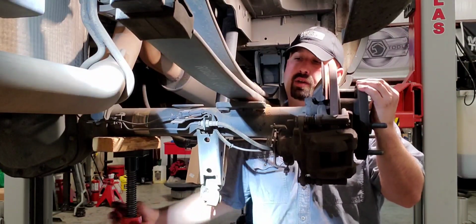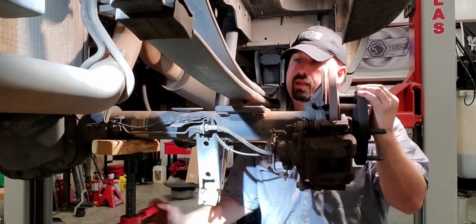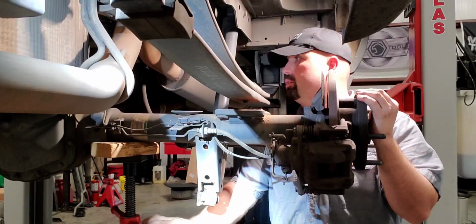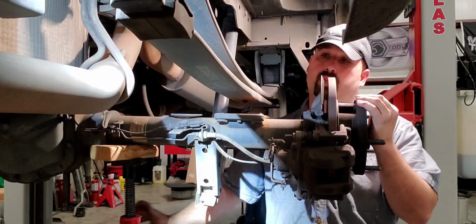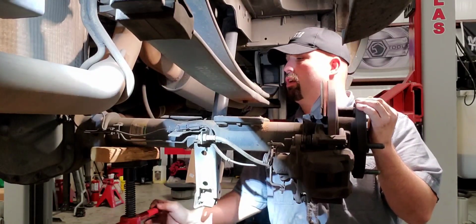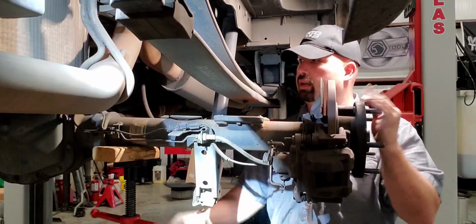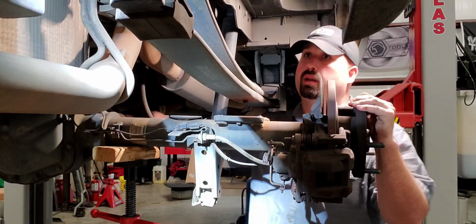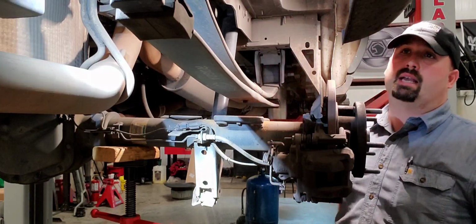So we're pretty much going to let this drop down as far as it's going to go. It'll get to a point where it's kind of like a light on the jack. You just want to stop there. You don't want to twist the other spring and mount too much, but we want to make as much room as we can to get that leaf spring out. As you can see, we can go down pretty far, but now it's a light on the jack. You can see I can twist my block with almost no weight on it. We don't want to let all the weight hang. We don't want to pull the drive shaft back too much, even though it's got a slip joint. But right about there should give us all the room we need to get this axle to slide right out